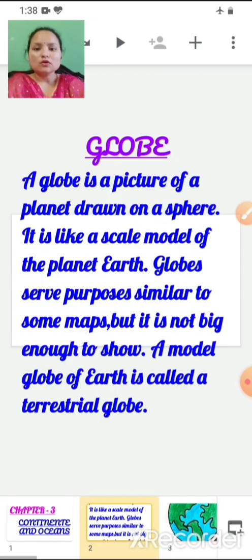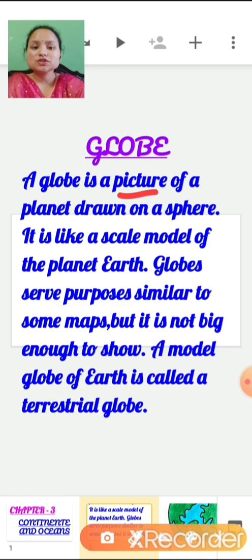A globe is a picture of a planet drawn on a sphere. It is like a scale model of the planet Earth.